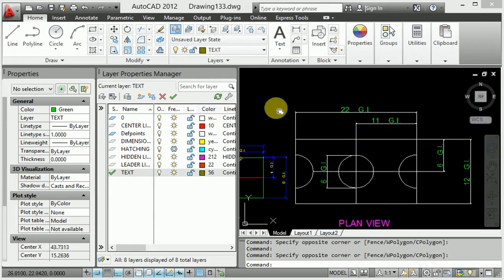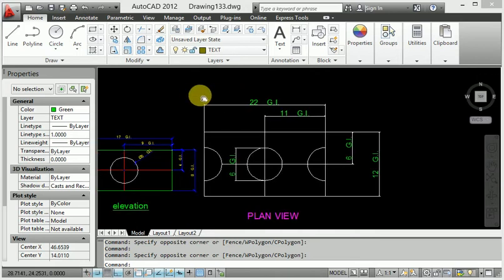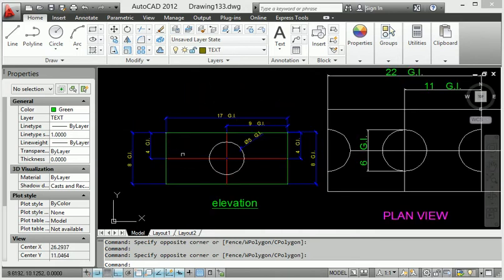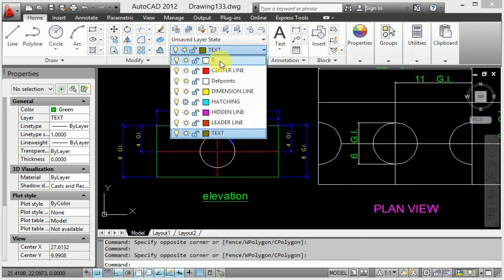So first of all, how to set the layer also? When you click this here, different types of layer are set here. First of all, object here.